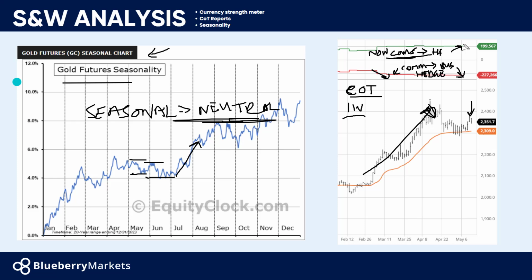The non-commercials are buying heavy at the moment because price is in a bullish trend. This orange line here is what is known as a VWAP, a volume weighted average price, and it is anchored to the recent swing lows on a higher time frame. So it's an anchored VWAP, and price is above that VWAP. So what does that tell me? That tells me there are obviously more buyers than sellers in the market here for gold.